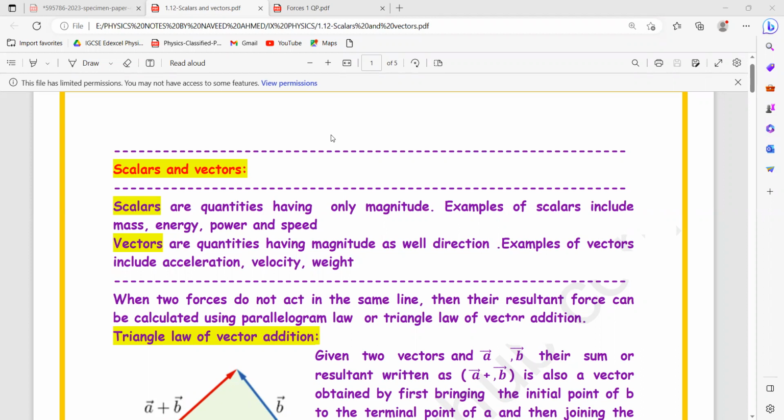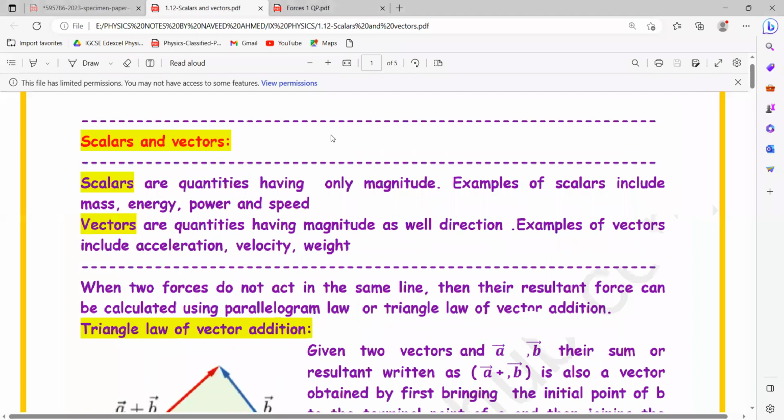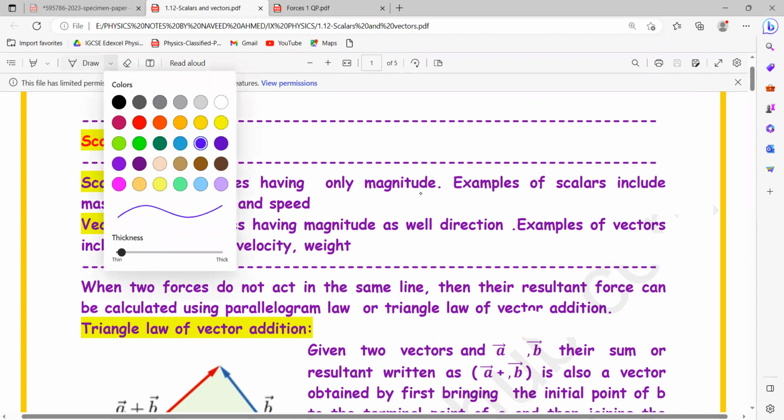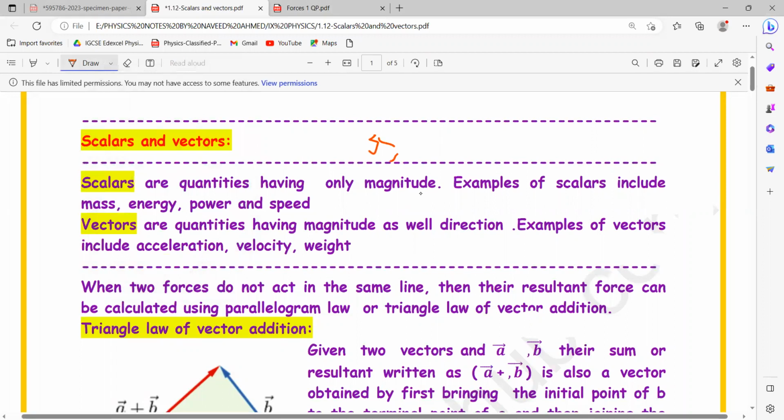Students, today we'll start the class for vector and scalar diagrams. Before starting this class, we'll see what is the basic definition or difference between scalar and vectors. You know about scalars are quantities having only magnitude. Magnitude means any numerical value, like if we write it as 5 newtons, this numerical number is actually called magnitude. So such quantities which have only magnitude are called